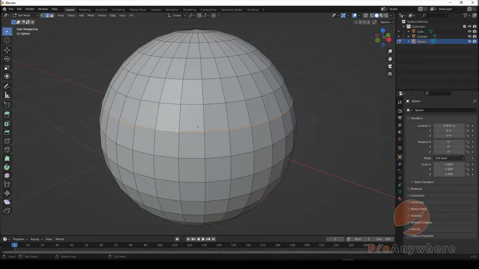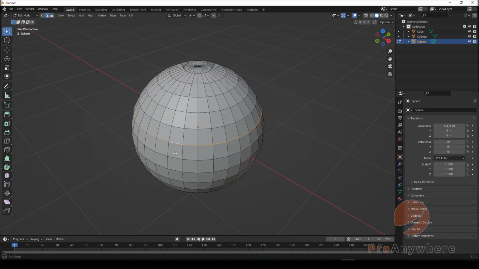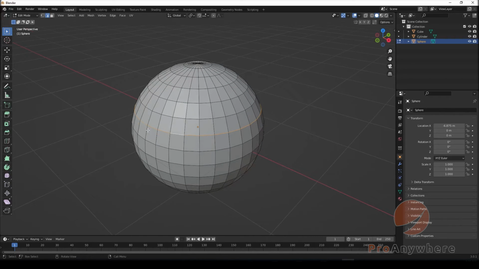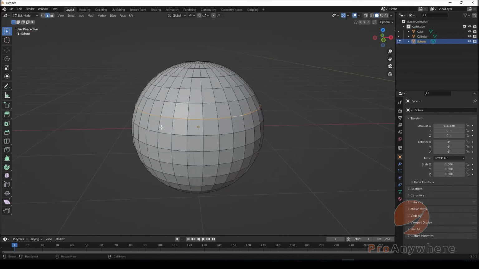So an edge loop is basically just following along the path of the edges until a junction is found, which I'll explain later when you're modeling. And then that will stop it. So that's one way. You could do the same thing in vertex mode. If you select one vertex, hold Alt and select another one. In this case, it's a loop. If you double click it, it will find